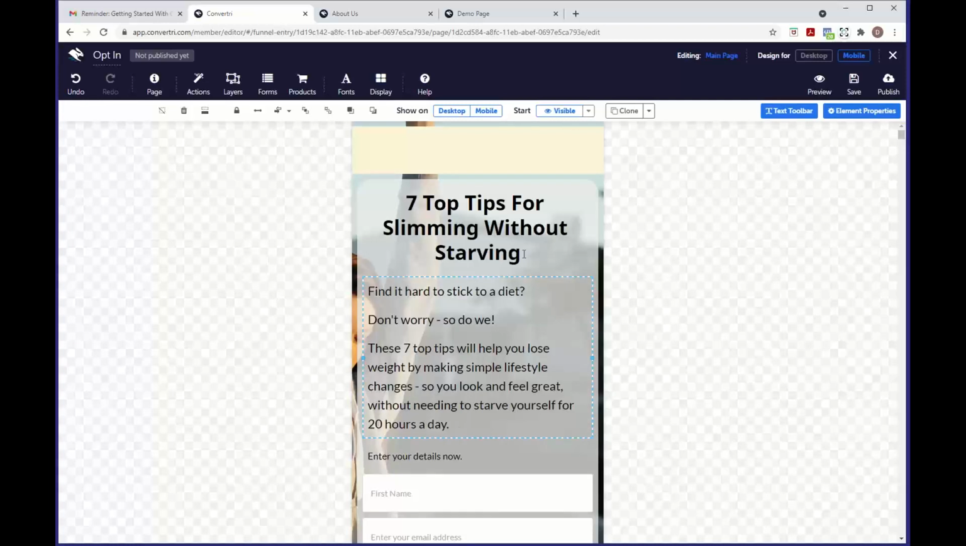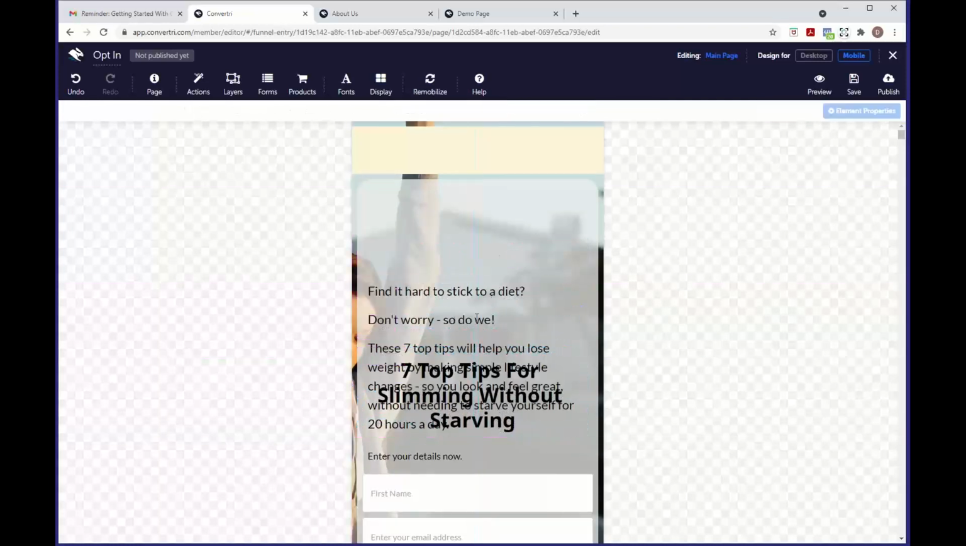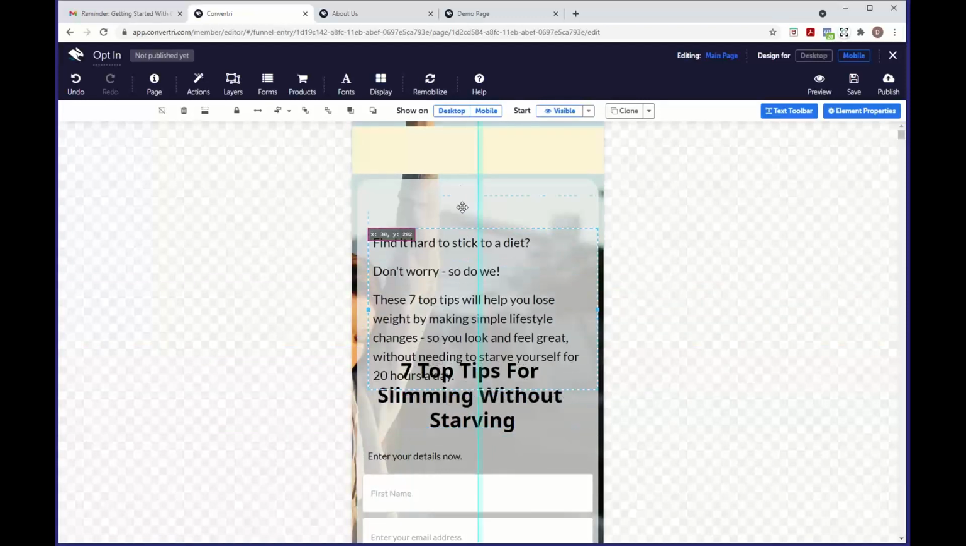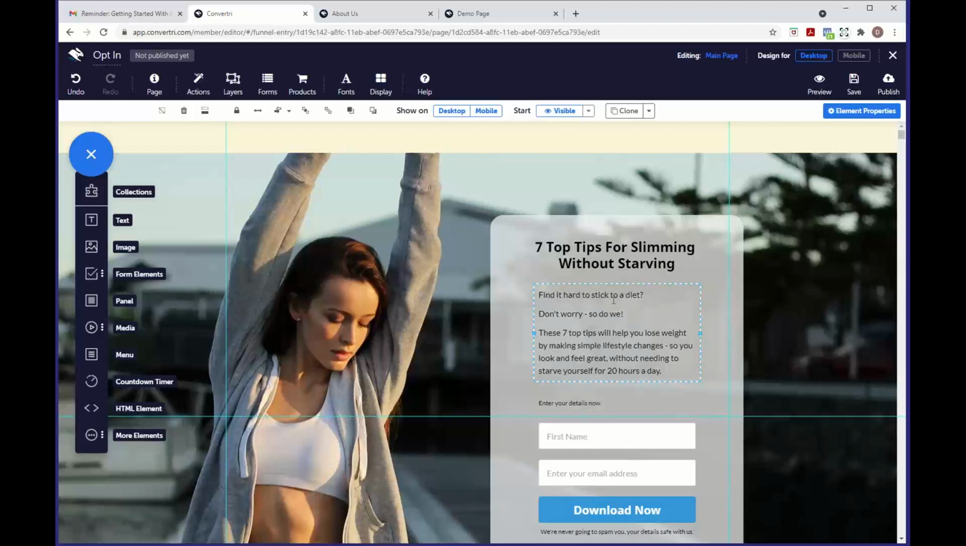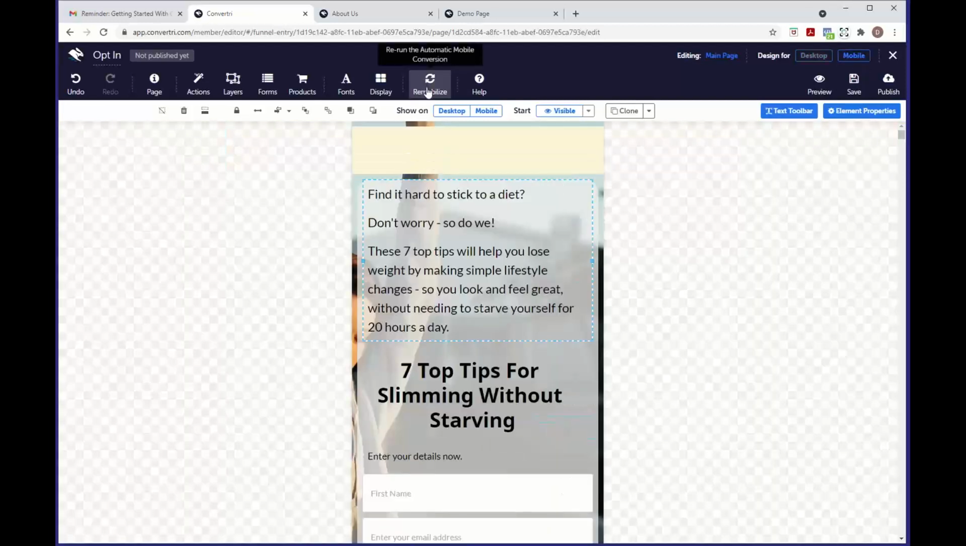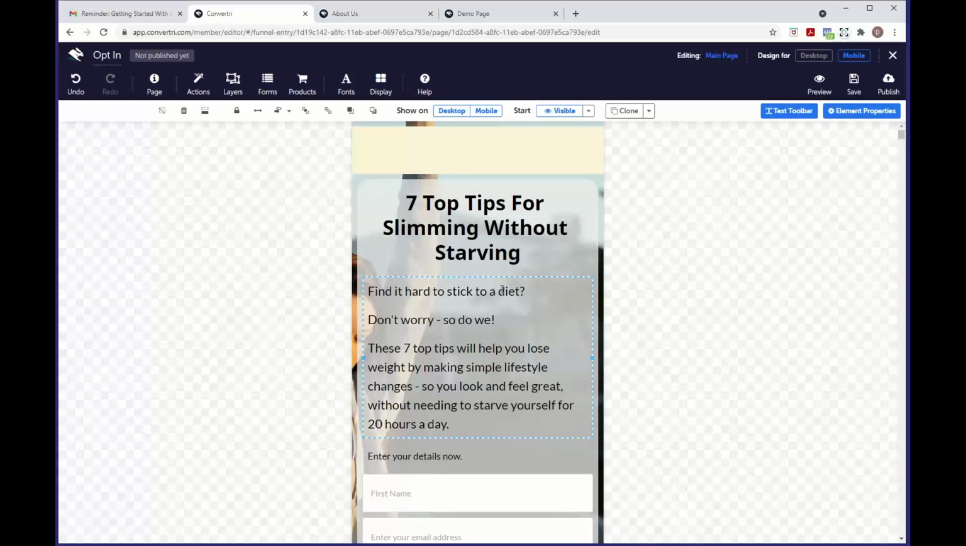So for example, if I wanted to swap around the heading with the main text, I could do that. And if I go back to desktop, it's actually the same. It hasn't been edited because of my mobile edits. It's remained the same as we designed it. So if we go to mobile and then hit remobilize, that's going to rerun the automatic mobile conversion, which essentially puts it back to what it was before. So that is mobile editing